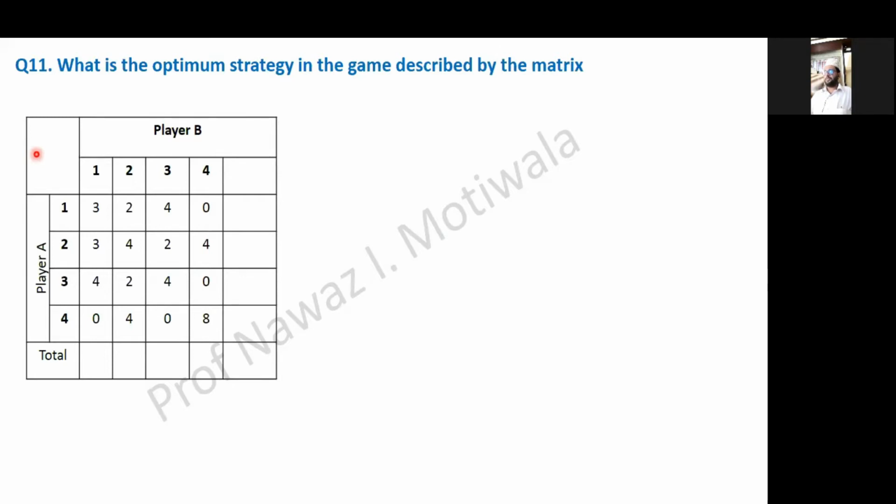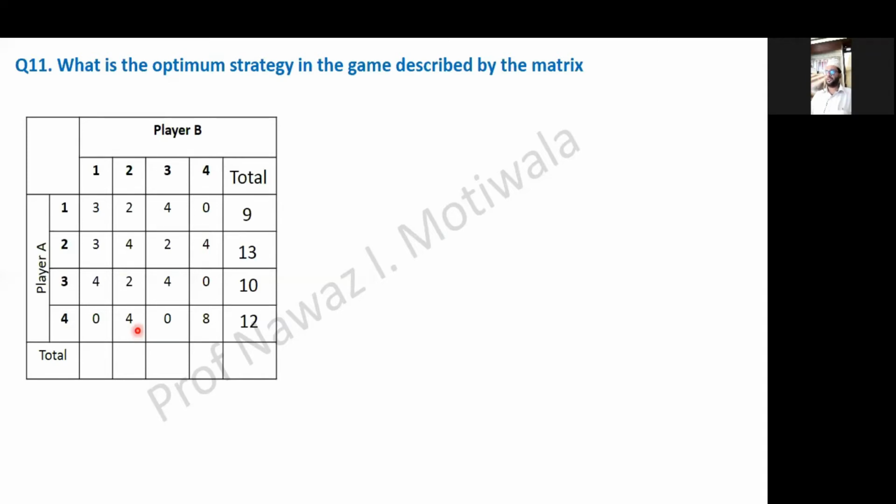First step is we take out the total of all the rows, and then we see which row dominates which row. For that I have given you a hint: compare the lowest with others. So let us say first I compare the first row, that is the lowest, with the largest, that is the fourth one. So if you can see here, 0 is less than 3, 4 is greater than 2. So one value is less, one value is high. So we can't say that it is purely dominating.